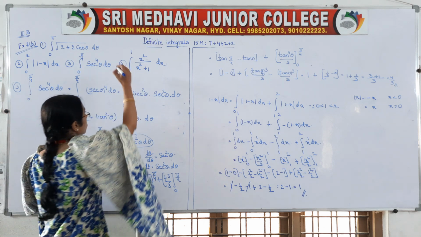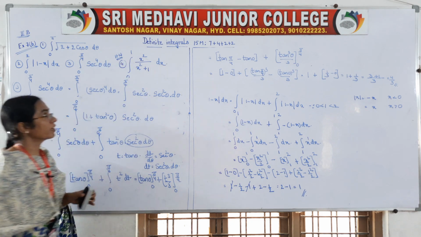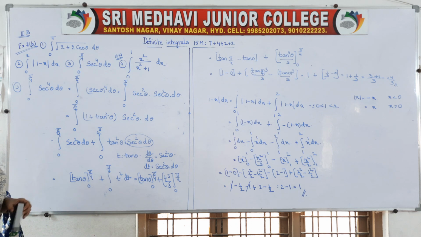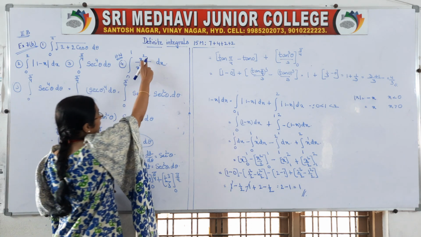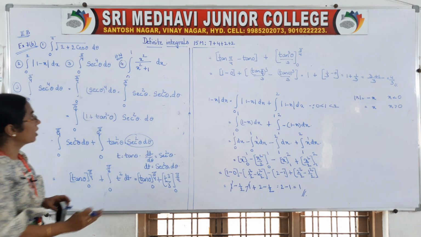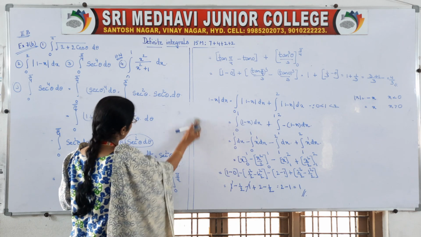Okay, so now come to this fourth question. This is a homework question. So you can ask how we have to solve this problem. So very simple. First you add plus 1 and minus 1, separate it, and you will get your answer. I will show you how you have to solve this problem.